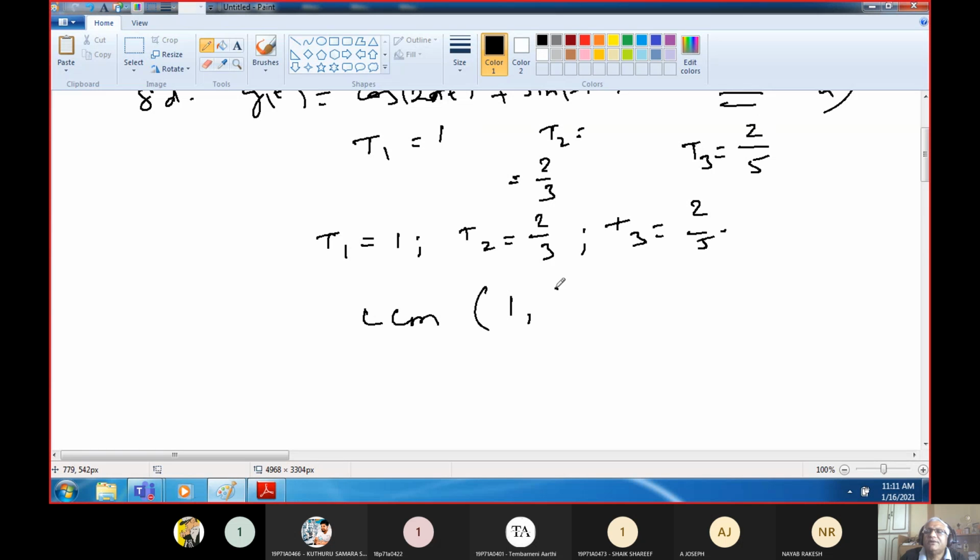Okay, so you do a little bit of arithmetic here. This is 2 by 5. So you have to convert them into whole numbers. For example, if you multiply, okay, just a proportion, no? So if you multiply them, you can get whole numbers. Denominators will become 1 and only you will have numerators. Then you can find the value.